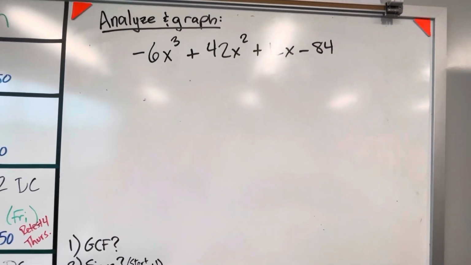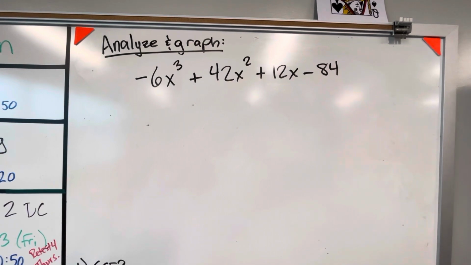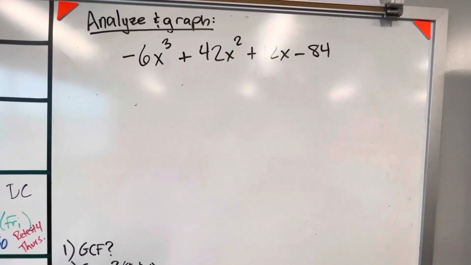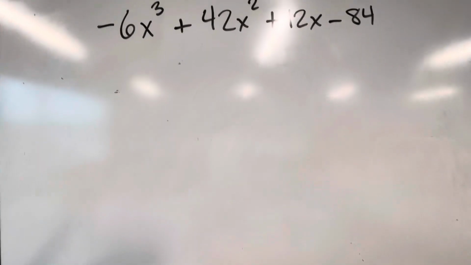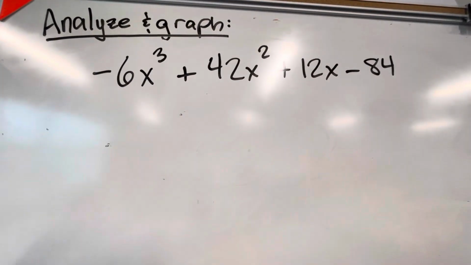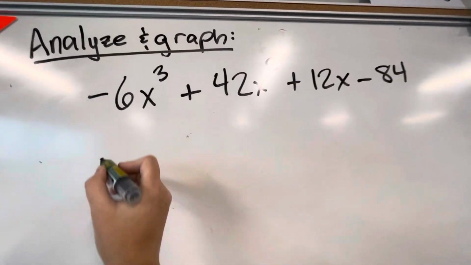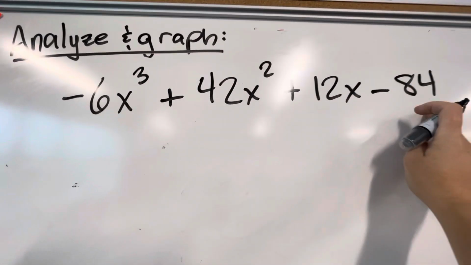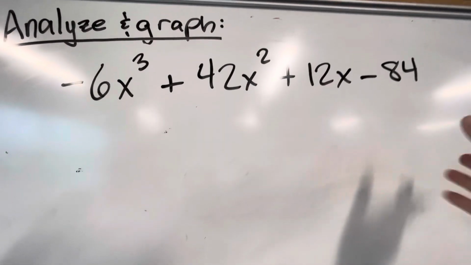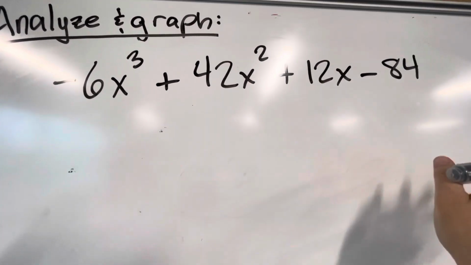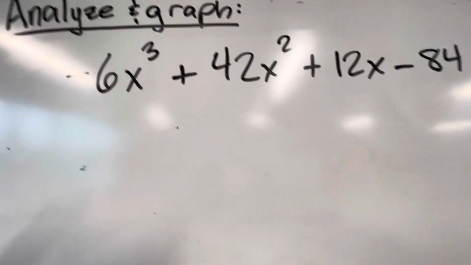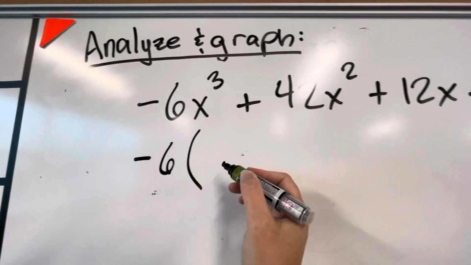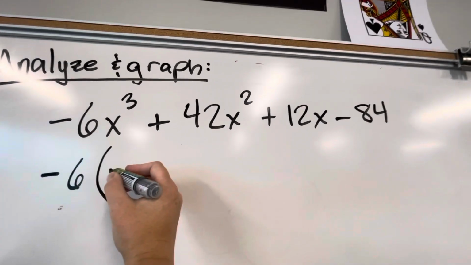I'm going to work this example for you of analyzing and graphing this particular polynomial. So the first step is always see if there's a GCF, especially if the first coefficient is negative. I want to factor that out. But as I'm looking at these coefficients, 6, 42, 12, and negative 84, if I know my times tables a little, I should recognize that they're all divisible by 6, or I can check on the calculator, which I actually did. So I'm going to take out a negative 6, which leaves inside, there is no x term that's common,